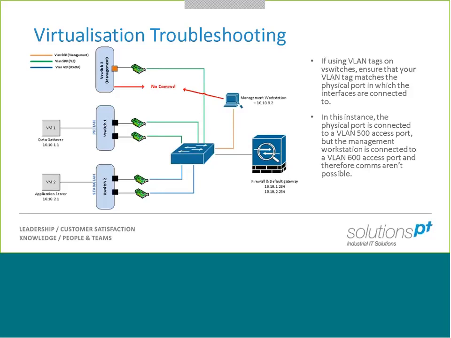So again, it's just about being methodical and some diagrams and some documentation on what you've got is very helpful in this instance. So you know for sure that port 1 goes to this switch and should be this VLAN, and you can check both sides there. Okay, thanks, Ed.